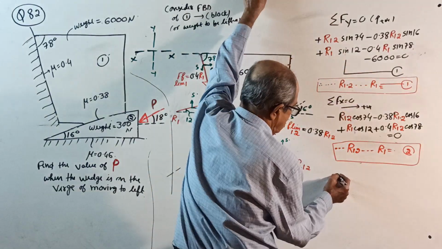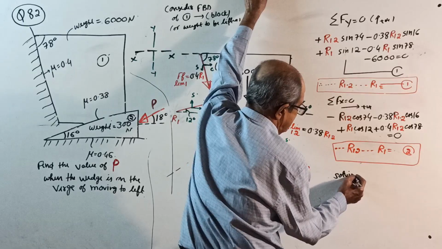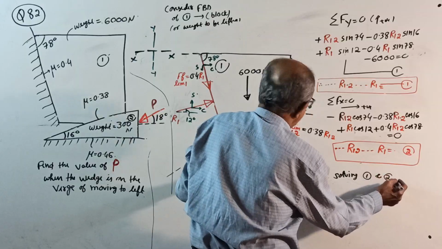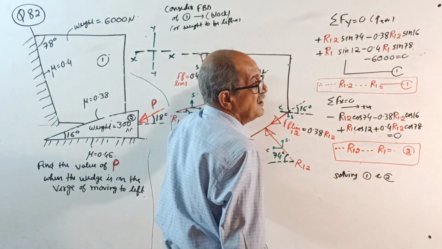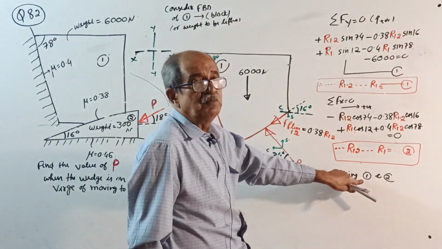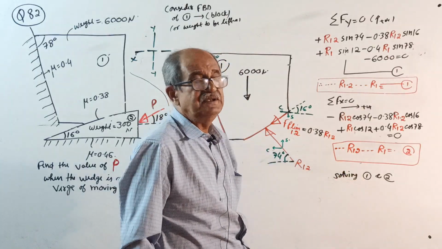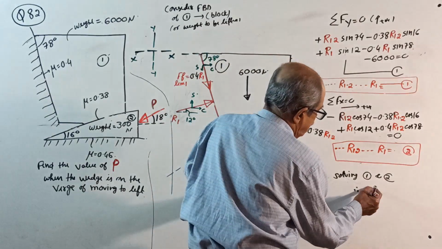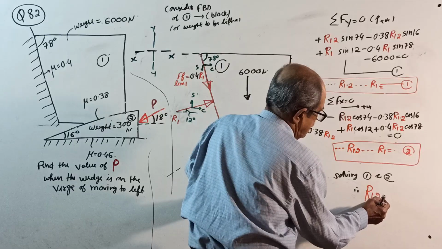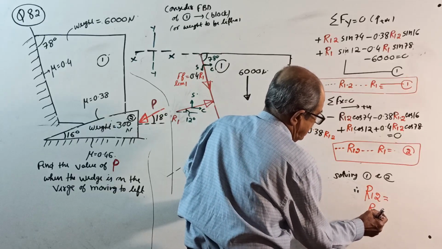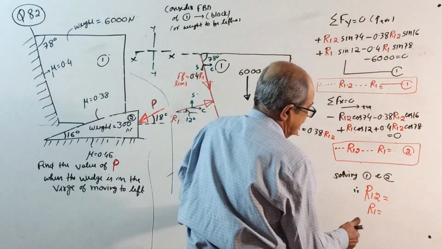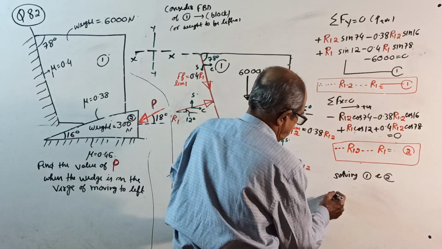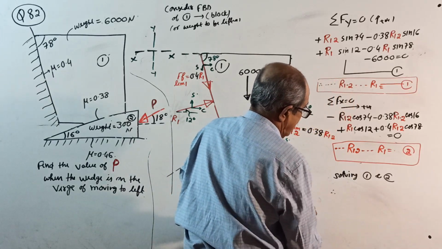So next, solving your 1 and 2. This 1 and 2 is not that 1 and 2. That much common sense required. This 1 and 2 is not a block; it is equation 1 and 2. You get the value of R12 and also R1. This answer I will write now in Newtons. Therefore, you will get R12